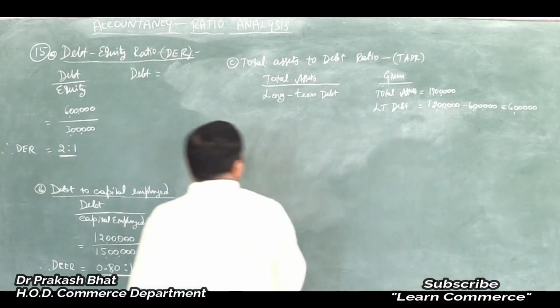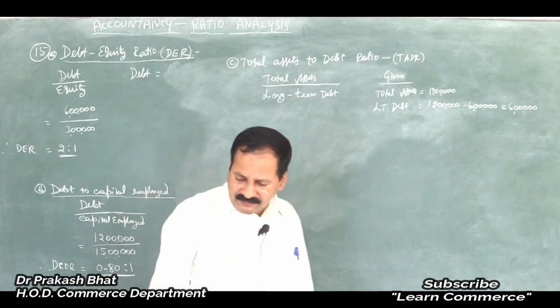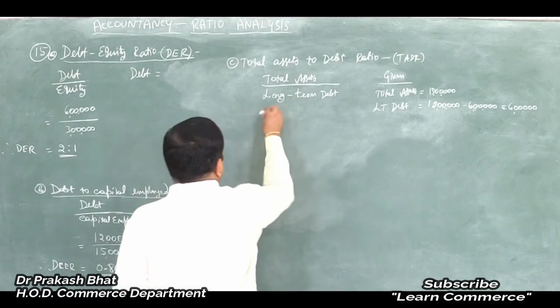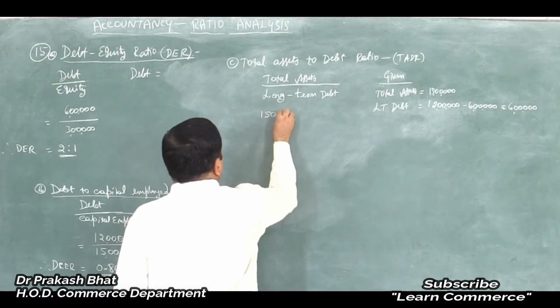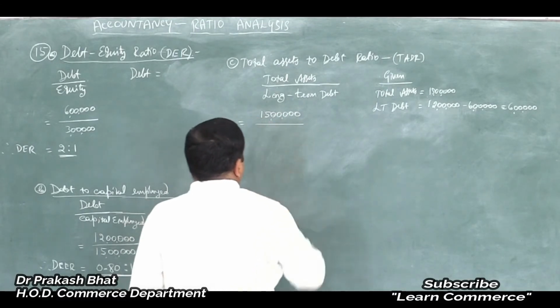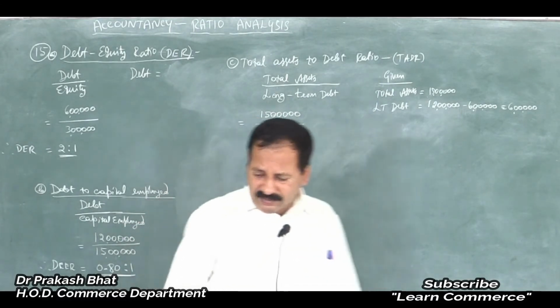Now substitute the figures. Total assets, how much is it? 15 lakh divided by